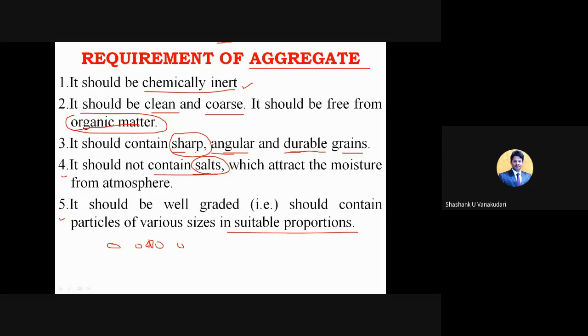And we should not use only 20 down aggregate or 16 down aggregate. We can even use a mix of aggregates, like some portions of 12, some portions of 16, and some portions of 12.5, so that when you use unequal sizes of aggregates, that is going to give proper bonding in its structure.